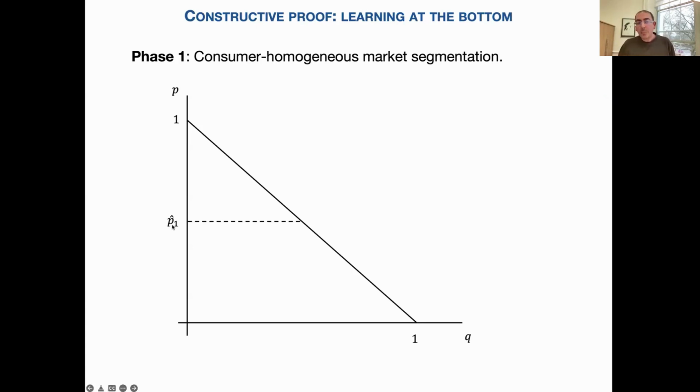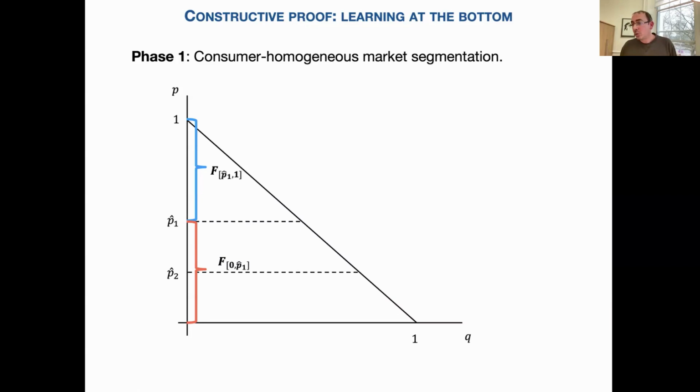Now what happened? At the end of period 1, I have learned that this consumer has a value distributed according to F truncated at P at 1. These consumers have a value between 0 and P at 1. So it's distributed according to F truncated above by P at 1. Now what I'm going to do to the seller, I'm going to give a market with only blue consumers, and I'm going to give a market with only red consumers. When the seller gets a market with blue consumers, we have already shown he is going to charge P at 1. But when I give a market with only red consumers, now he is going to charge a price below P at 1.